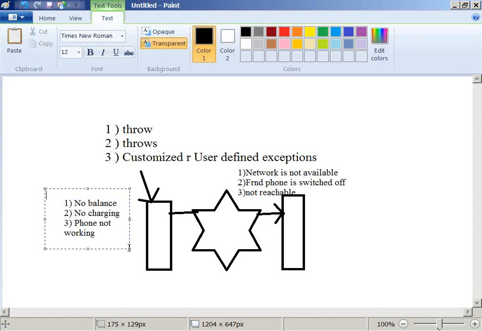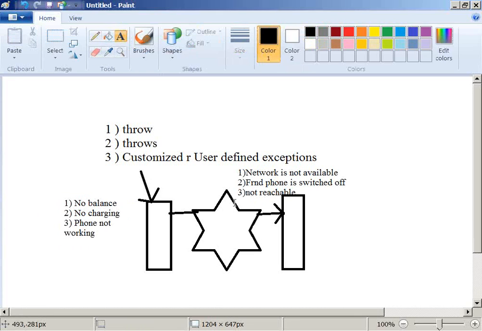Left side problems are with your mobile, fine. And on the right side, your mobile is fine, everything is fine from your side, but there is something outside of your mobile. Still, who is getting affected here?